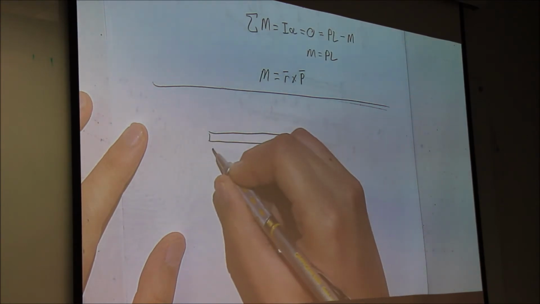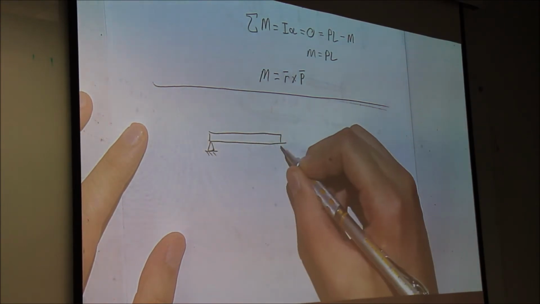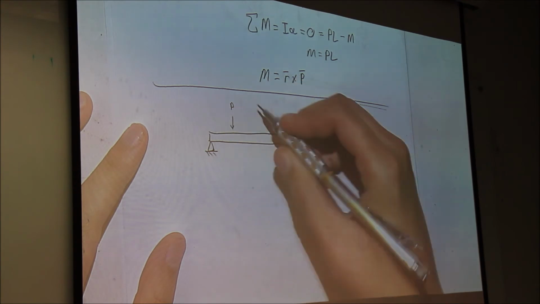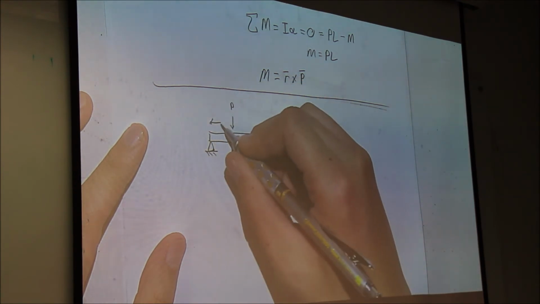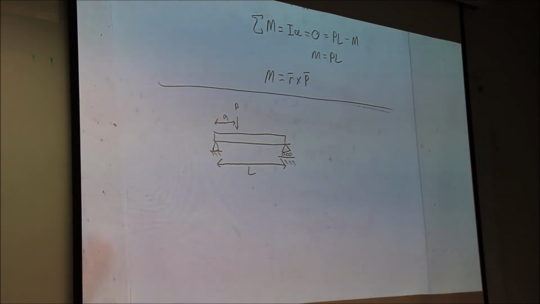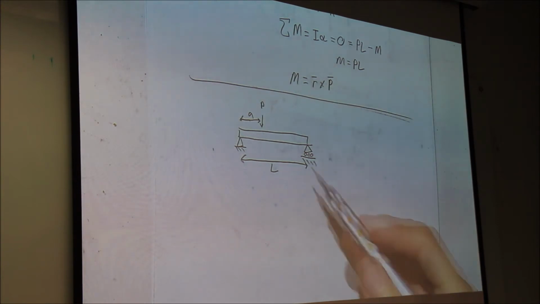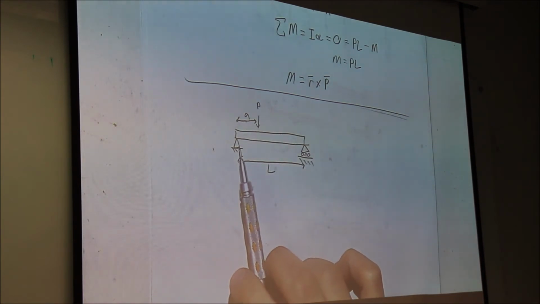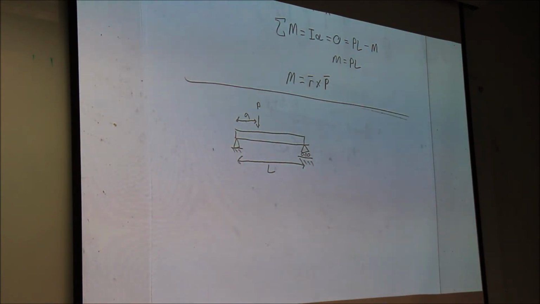We're going to apply this, and I'm going to talk about boundary conditions afterwards. Okay, so P, this is going to be a distance A, this is going to be a distance L. I have a question for you guys. These are pin joints. What a pin joint means is that it resists translational motion, but it does not resist rotational motion. In effect, it can resist forces and creates reactionary forces. It does not resist moments, and so it does not create reactionary moments.